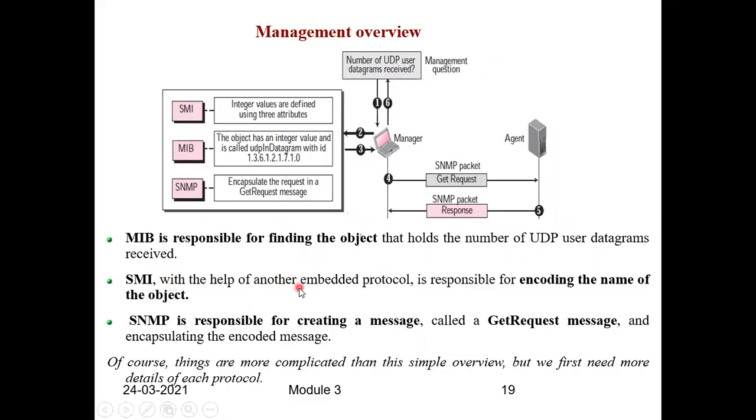The SMI, with the help of another embedded protocol, is responsible for encoding the name of the object. Then what is SNMP doing? SNMP is responsible for creating a message called a GET request message, and it encapsulates the encoded message. Now, what the last line is saying is, of course, things are more complicated than this simple overview, but at